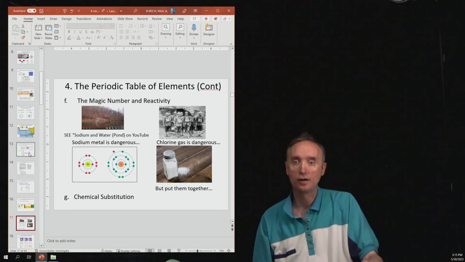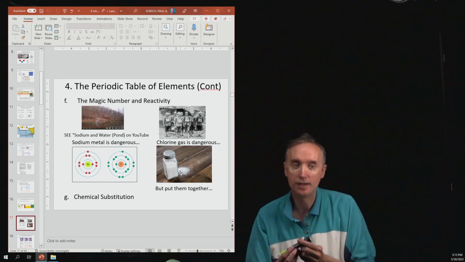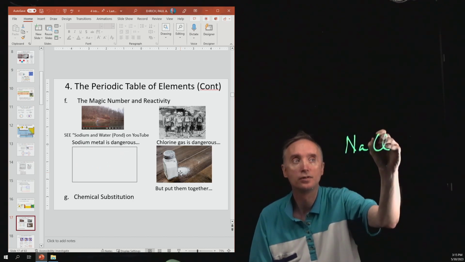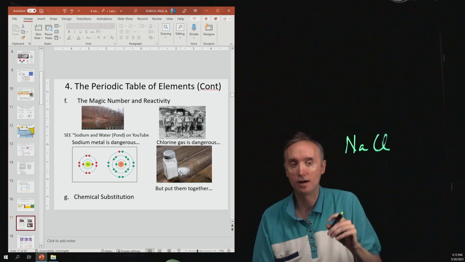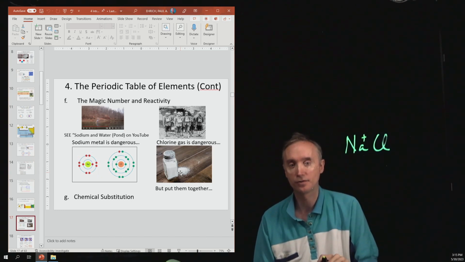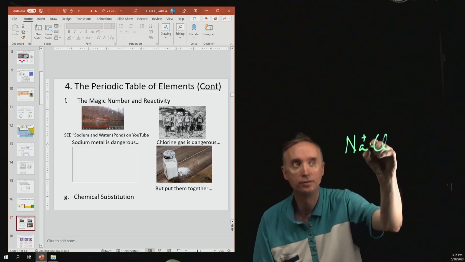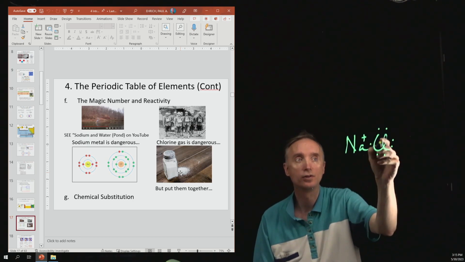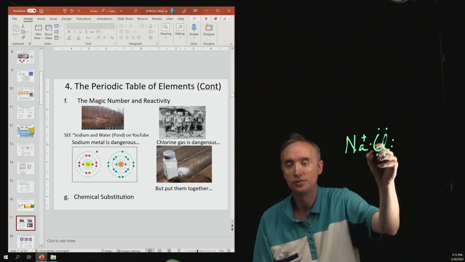And so, for example, salt. Salt is NaCl. So you've got sodium, which is in column 1, so it's going to have 1 outer electron. Let's use a plus symbol for its outer electron. Chlorine is in column 7, so it's got 7 outer electrons. So let's say 1, 2, 3, 4, 5, 6, 7. So chlorine wants 8. So it says to